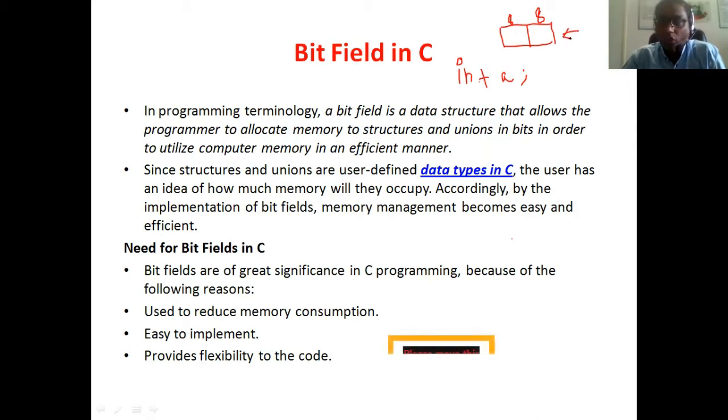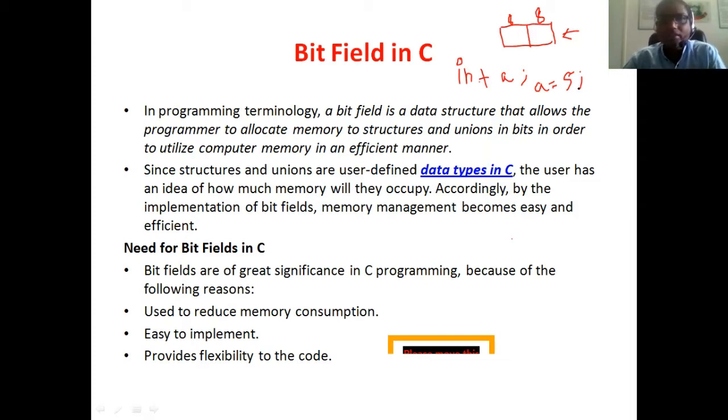It does not care about how many bits that particular number will contain. Suppose a holds the value 1. So 1 requires only 1 bit of memory location. For example, suppose I have written a is equal to 5. If I want to store 5 in memory, we require only 3 bits of memory location. But out of 16 bits, we are going to use only 3 bits. The rest of the 13 bits are going to be wasted.